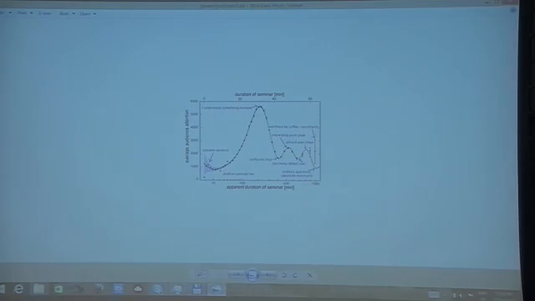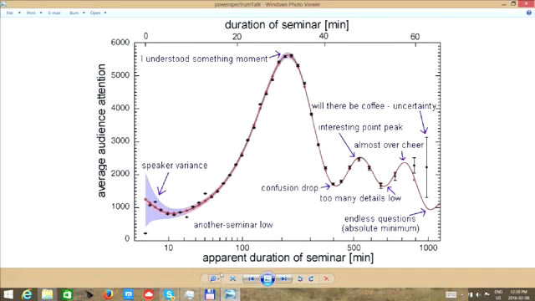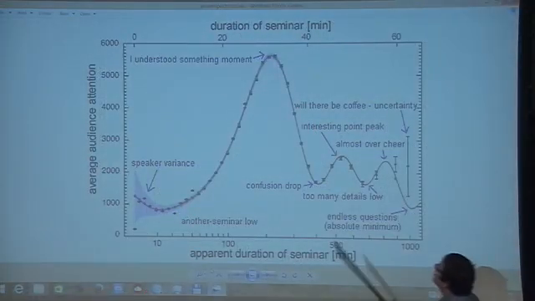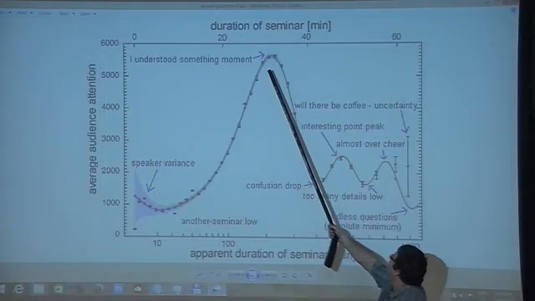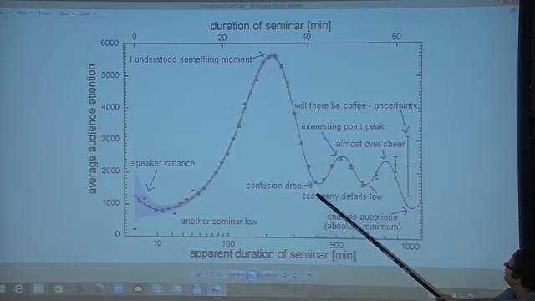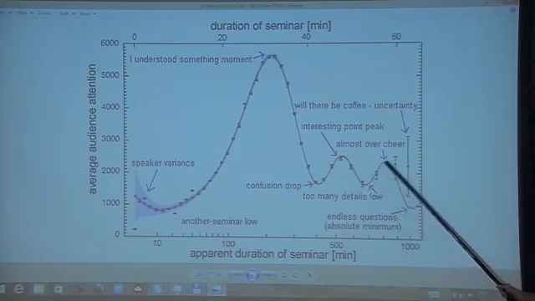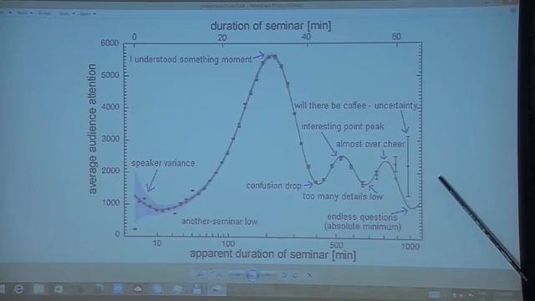Okay, and here is a joke to finish with. This is how people understand scientific talks. Here you think you have understood something, right? But then you realize you haven't understood anything, so you are very confused. And then maybe there are some interesting points, and too many details, and then you are looking for coffee or something like that. So this is how the CMB spectrum precisely maps what's happening with speakers in scientific talks.